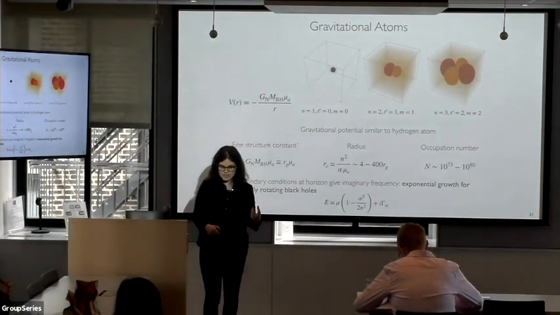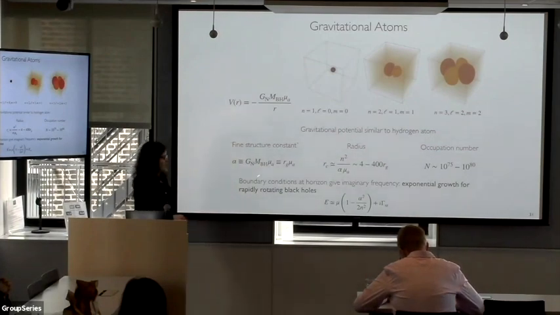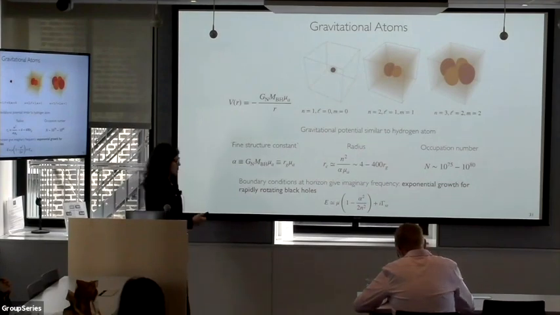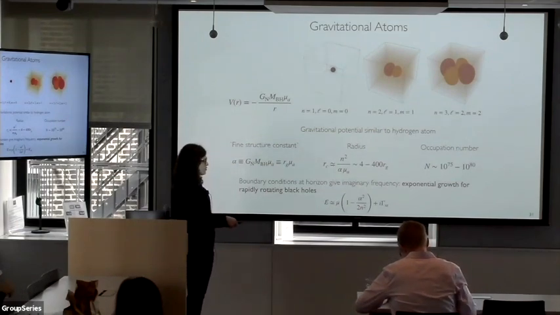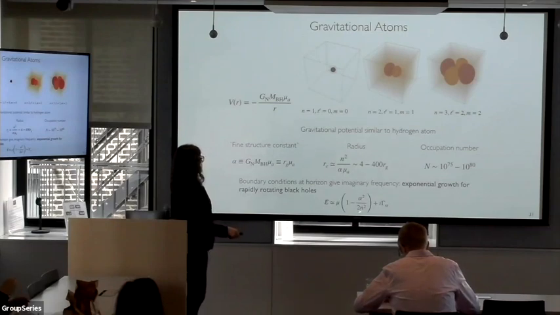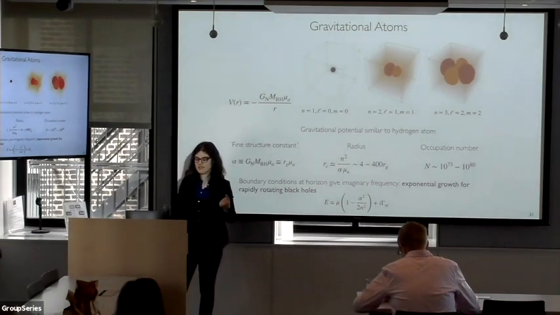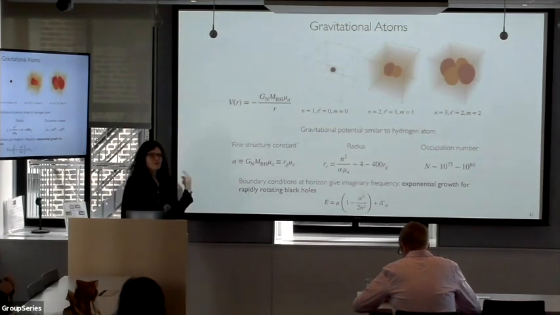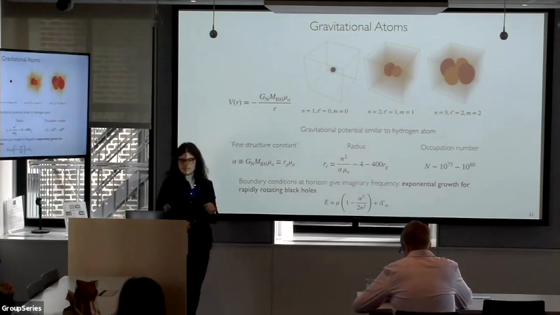Now, the fact that there's a black hole at the center actually changes the energy spectrum. Typically for a hydrogen atom, you have the rest energy of the electron minus some binding energy because of the electric potential. Here you also have the rest energy of the axion, where the mass is given by mu, minus some binding energy that's proportional to this gravitational potential. And then there's an imaginary part of the frequency that corresponds to the interaction of the field at the black hole horizon. This imaginary component can be positive or negative depending on whether the superradiance condition is satisfied, so depending on the angular phase velocity of the particles in the state.